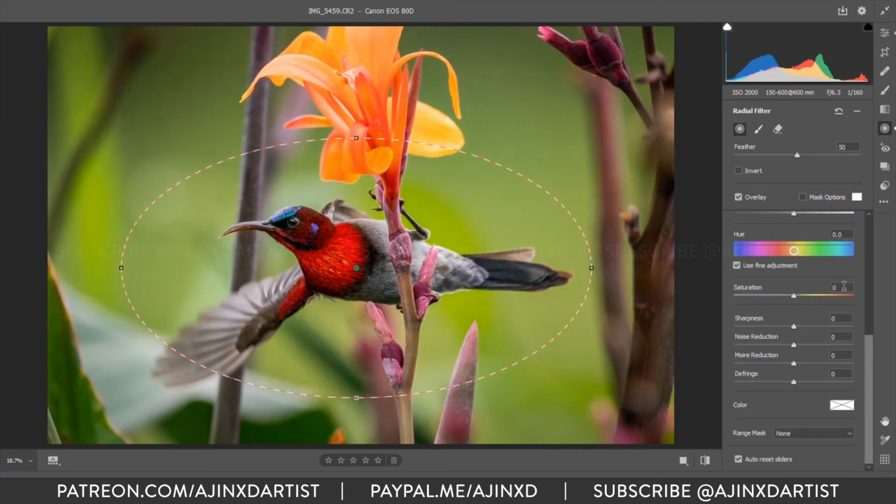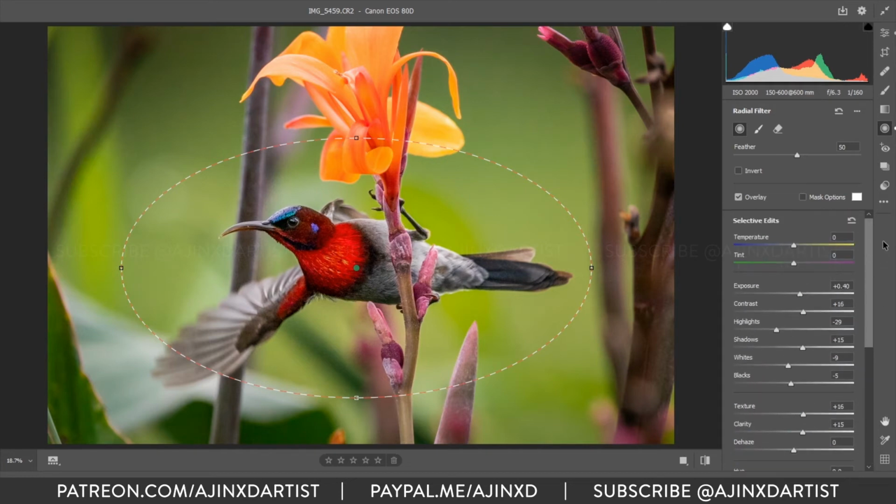I won't touch the saturation again because it's looking quite bright right now. Sharpness, yes, we need some sharpness. Noise reduction, maybe I shouldn't. Yeah, no, maybe at 0. Moire reduction. I don't know how much it affects the image, so oh, it does affect. Okay, yeah, it's also losing the details, so no moire for me.